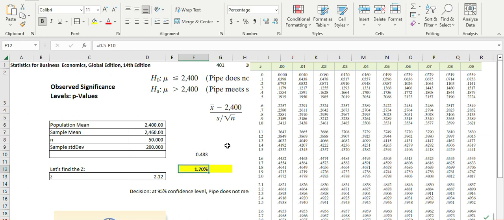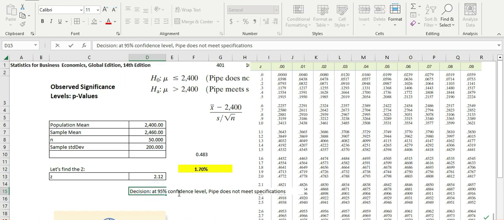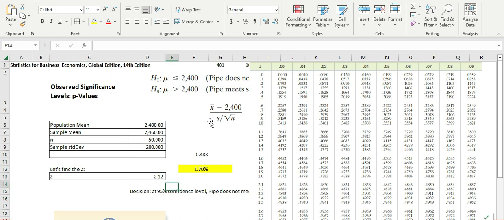We can convert that into a decimal, so it's 0.017. If you're using a 95% level of confidence, we will reject the null hypothesis. Why? Because this 1.7% is less than